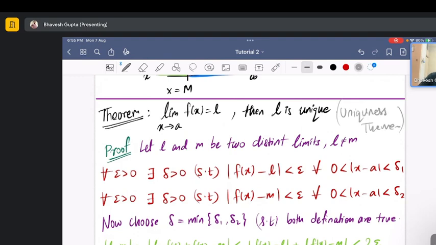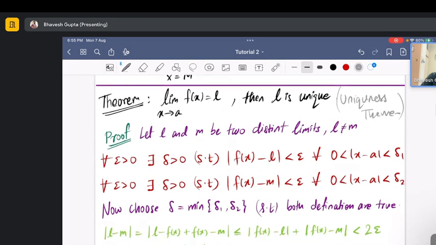So in your answer sheet, if you want to say I have got a limit, without proving that this limit is unique, you have to write down "using the uniqueness theorem, the limit is unique." So this theorem tells you that if you find a limit, then that limit is unique, and here's a simple proof. And the proof tells you that